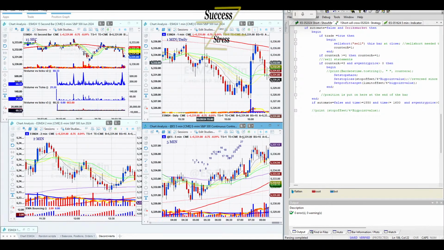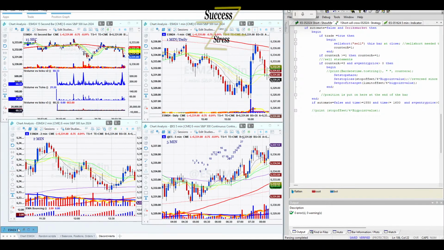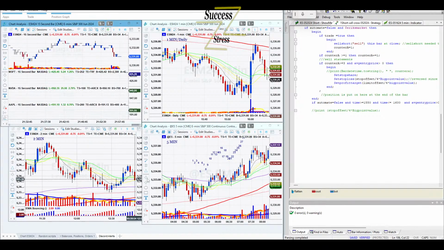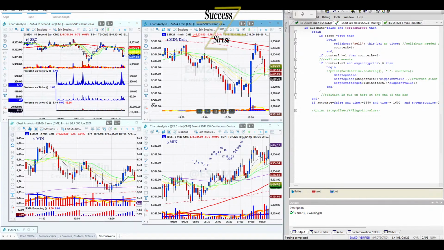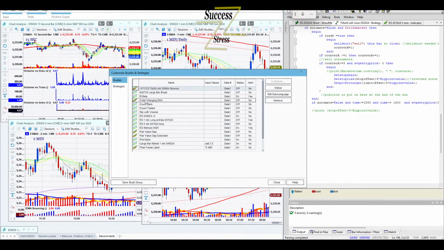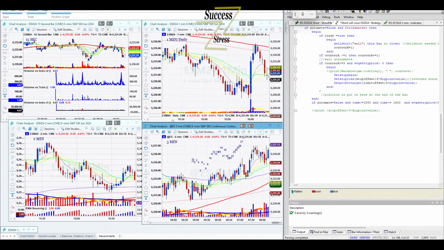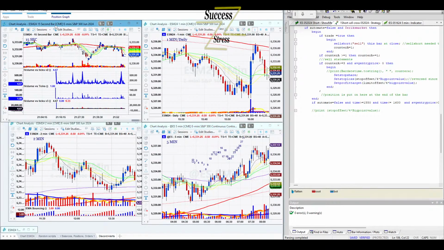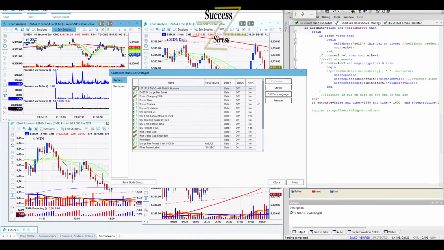Oh, this is crazy. And it's automated, clearly. But now, there are different ways to tell whether or not you have something automated on your account. If you see the A there, that means that you do have alerts going on your chart, right? So if I click in here and hit edit studies, you'll see that I do have alerts on this chart. Yes, alerts, yes, A, yes. Oh, there's an alert here.